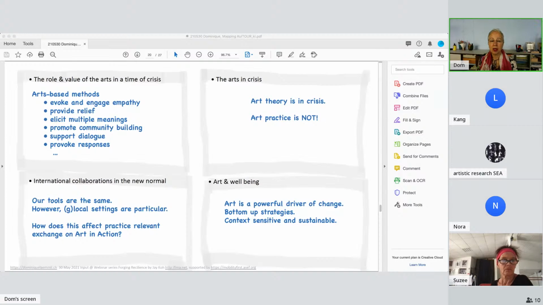When we come to arts in crisis, we could think about arts in crisis now in this COVID-19 situation. I will come back to that at the end of my talk. But much has been said also about art in general being in crisis. But there I suggest that we distinguish between art discourse and art practice. Our theory is in crisis.